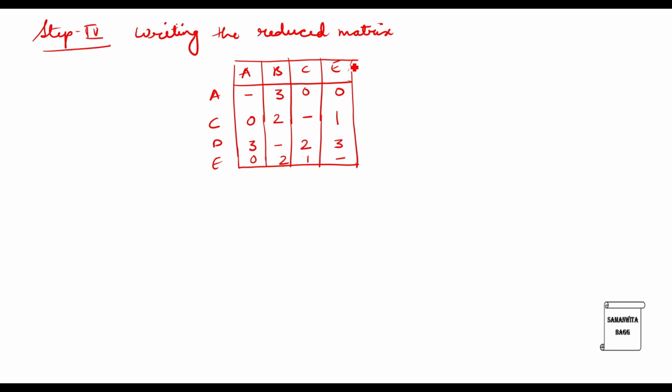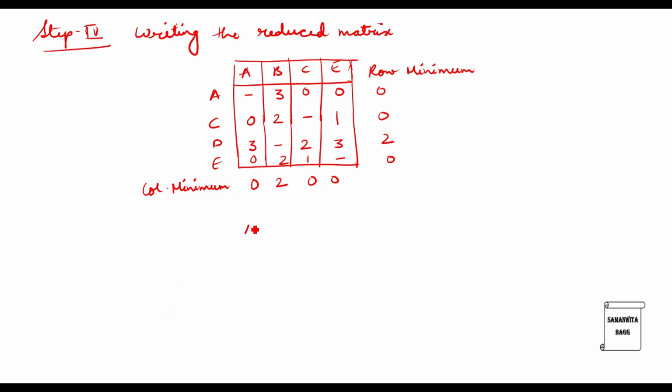So I will calculate row minimum again to go for the next step. We will be repeating whatever we have done. So here minimum is 0, 0, this is 2 and this is 0. If you check the column, here it is 0, this is 2, this is 0 and 0. So also I am calculating the column minimum simultaneously such that I will be able to form the new matrix.